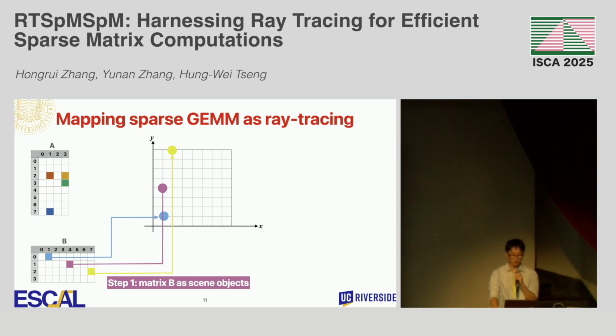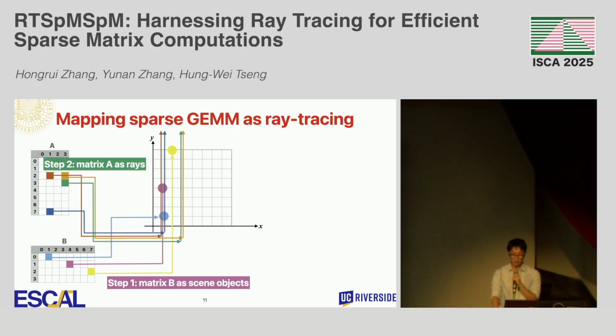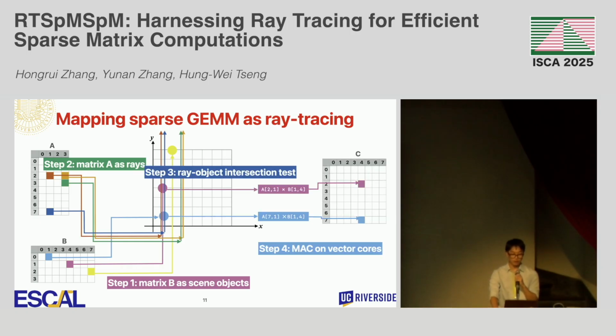As there are only 2 dimensions of matrix coordinates, we simply map each non-zero element into a 2D space in the ray tracing problem. And for each non-zero element in matrix A, we create a ray that shoots toward the north side of the scene from the x coordinate that's identical to the column index of the non-zero element. After remapping non-zeros as rays and objects, the ray tracing algorithm traverses through the objects, which are the matrix B elements, and an intersection indicates positions